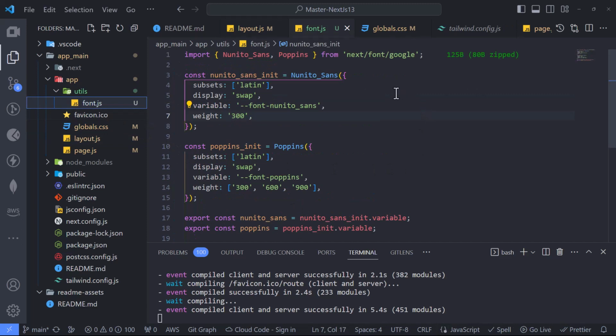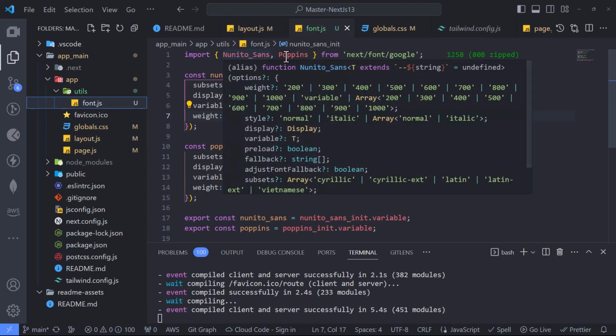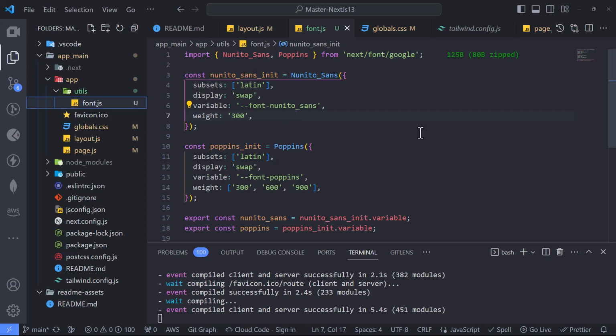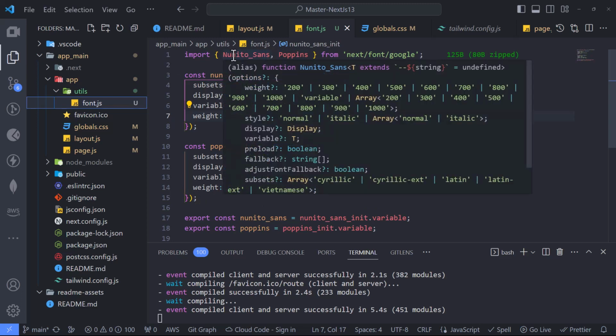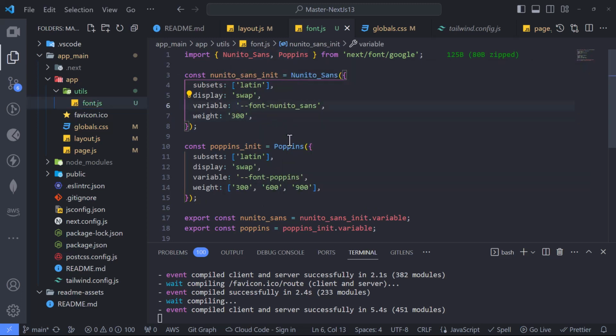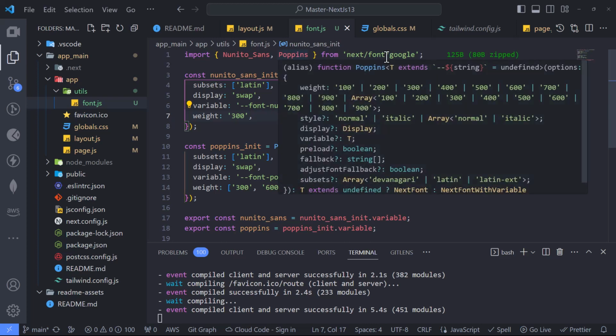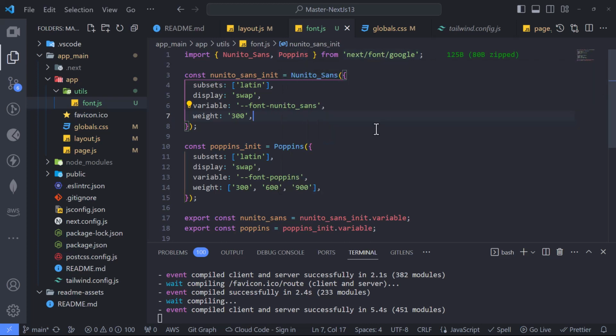Let me go explain everything in better detail. So first of all, we started by importing the Nunito Sans font, which is what we wanted, sorry, the Nunito Sans font and the Poppins font. They were the fonts we wanted. We imported them from Google, right? And then we have this method, and then these are methods where you basically call the font name you're importing, and as a method you pass an object inside of the method, and then you do all of this setup. So basically we got these two coming from the next/font/google package, and then we start initializing